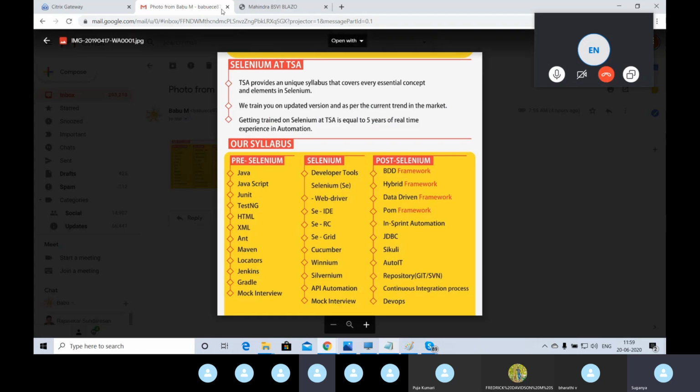Even if you know the programming language and you know the automation tools very well, you should know this properly. Sometimes, if you are putting it in your profile, if you are projecting yourself as a